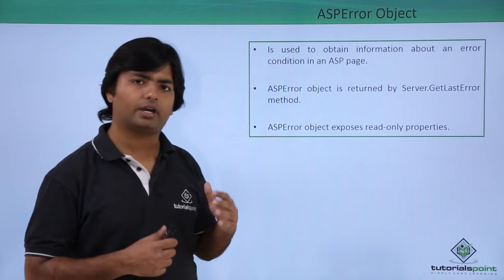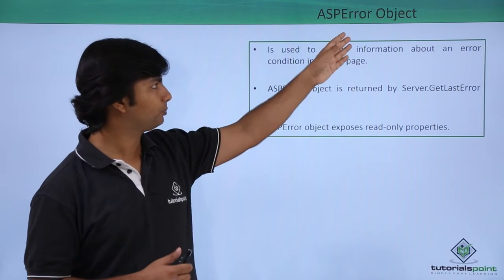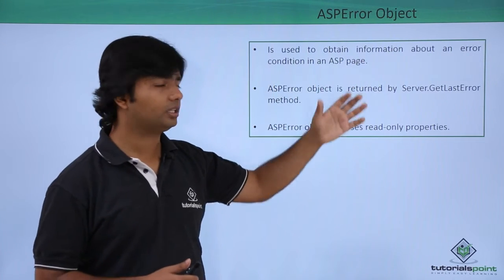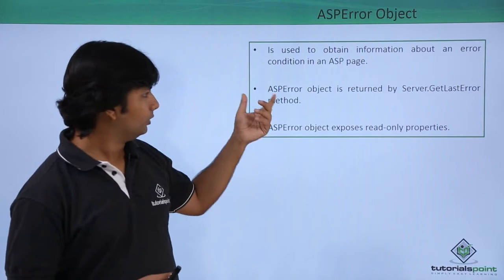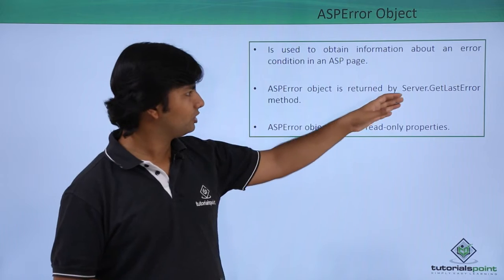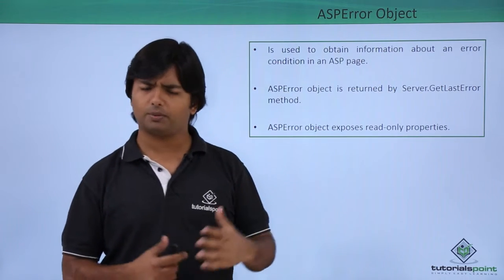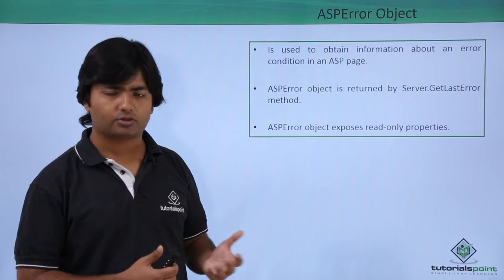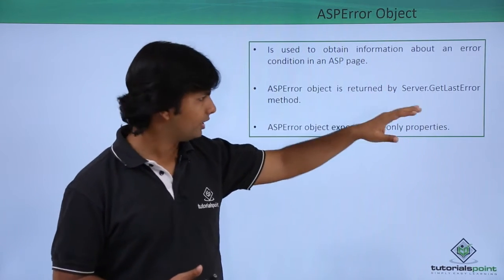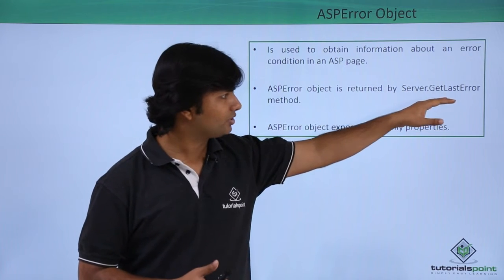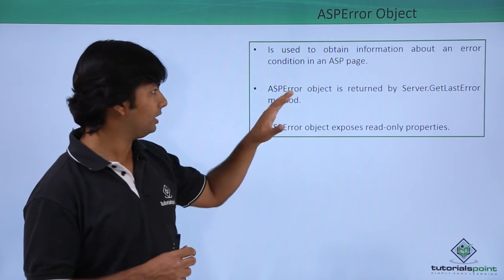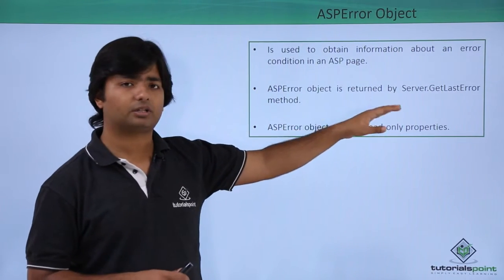Similarly, there is the ASPError object, which we use for error handling. Whenever there is some error, we will go through this ASPError object. It's used to obtain information about the error condition in ASP.NET pages. Whenever there is an exception in the global.asax file, you can simply call Server.GetLastError on any particular page. If the error is going through, you can call the server object method, which we'll discuss later,